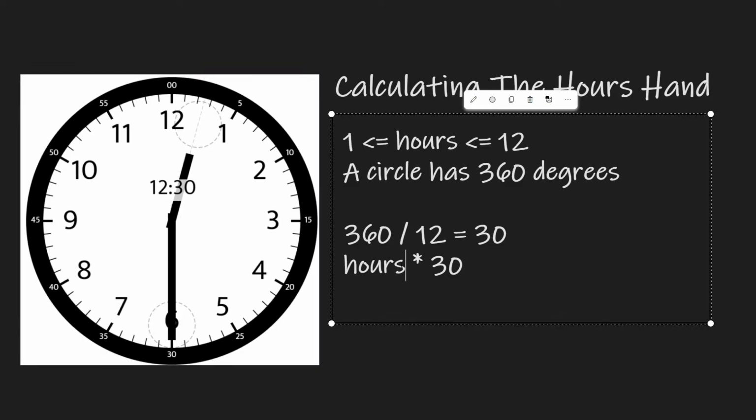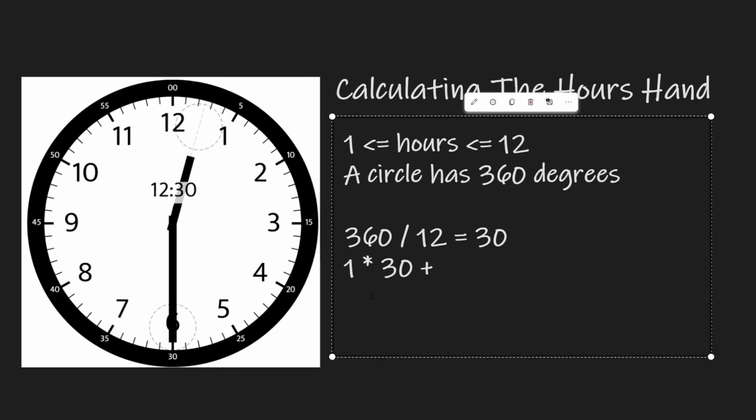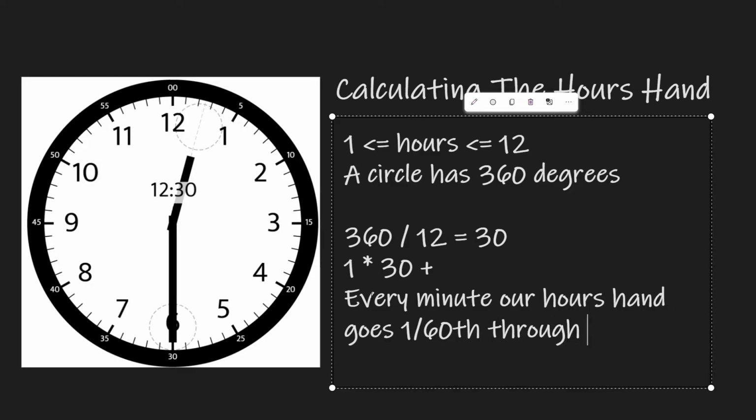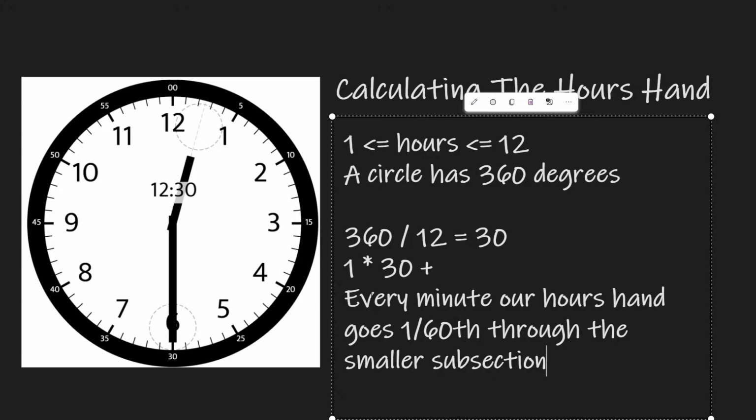At 1, for example, if our hours is 1, then we want to be at 30 degrees. The 1 times 30 only gets us to a starting point. Then we have to factor in how the minutes hand is going to move our hours hand just a little bit forward. We can think about it like this. Every minute, our hours hand goes 1/60th through the smaller subsection. When I say subsection, I'm talking about between the 12 and the 1 or between the 1 and the 2. This 12 to 1 subsection is a great example because at 30 minutes, we are 30 divided by 60, halfway through this subsection itself. We know this subsection is a total of 30 degrees